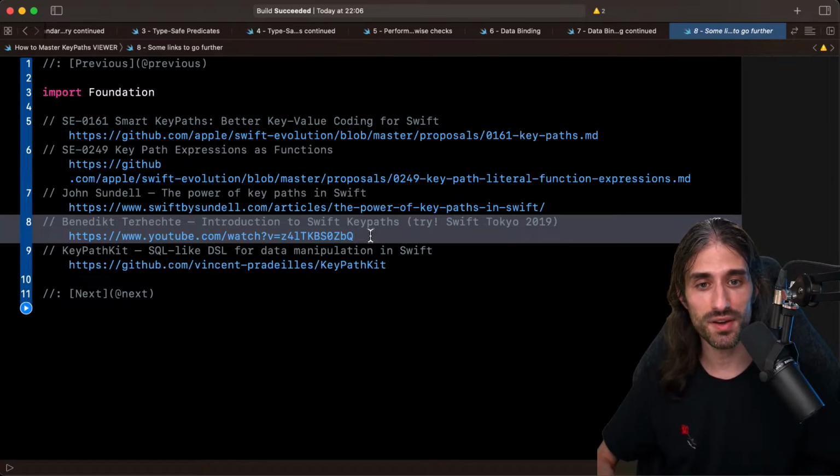But during this gap of one year, key paths were in Swift, but almost all of the APIs from Apple were not using them. There was a wrapper around key-value observing that used key paths, but I think it was the only API that used them. So there was this question of what they were for. People like me made conference talks about them, and then SwiftUI and Combine were released, and it all made sense why key paths had been introduced. Imagine if every time you needed to use a key path in SwiftUI, you had to use a closure, your code would be full of curly braces and potential bugs, and it wouldn't be a nice experience.